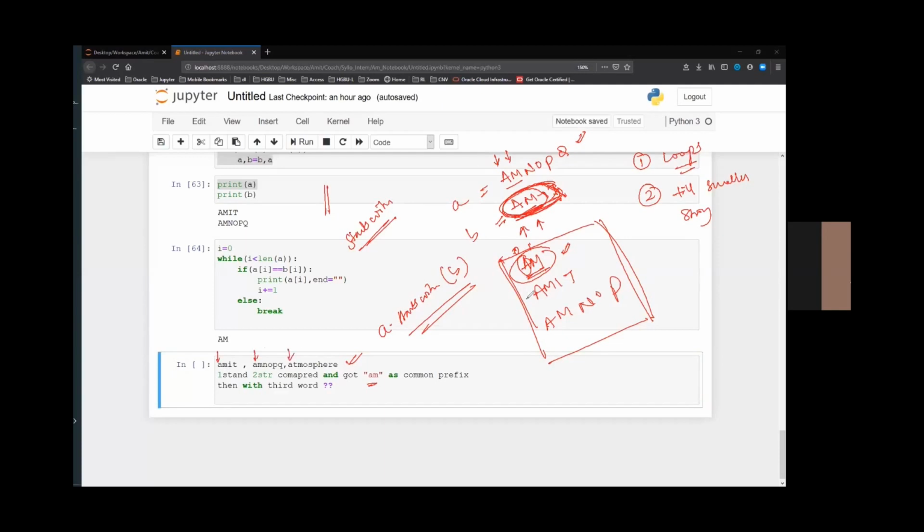Here I'm doing it manually, but if it is a list, you will go in a loop and compare: for whatever i value you have, you go in a loop for each word or string in the list and check if word of i equals str of i.